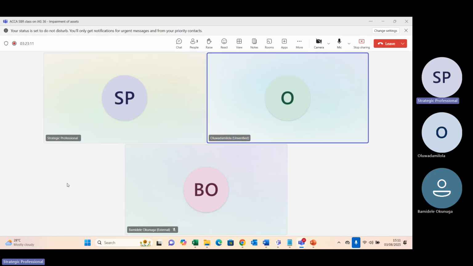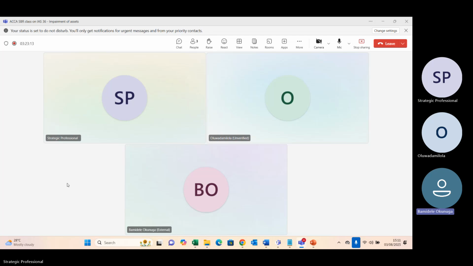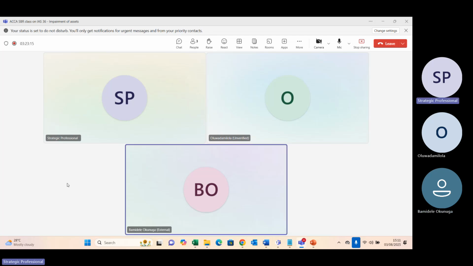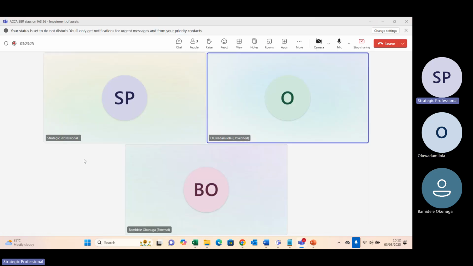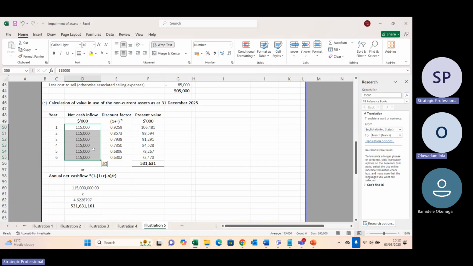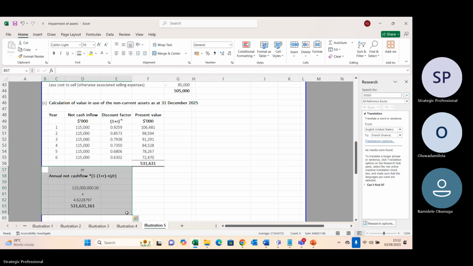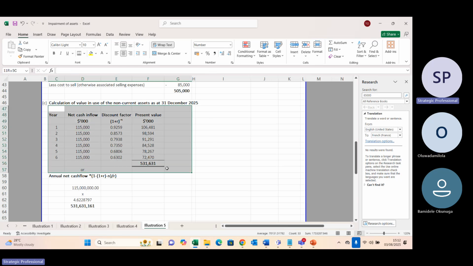Okay. But there are conditions for the second method. Yes. So the condition for this second method, thank you for saying that, is if the cash flow is constant. Madam Dami, please take notes. If the cash flow is constant, that's when you would be able to use the second method. But if the cash flow is not constant, you cannot use that second method. This is what you have to use. This is the reason why I'm teaching you guys.